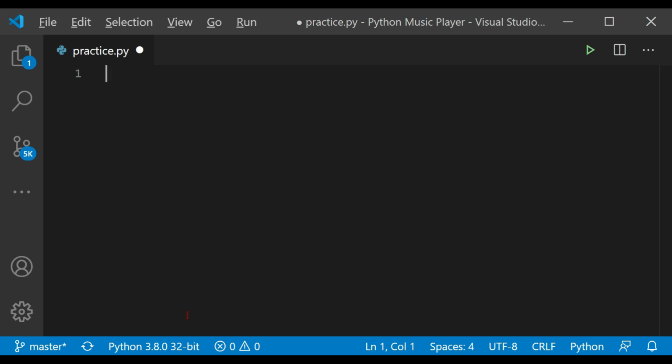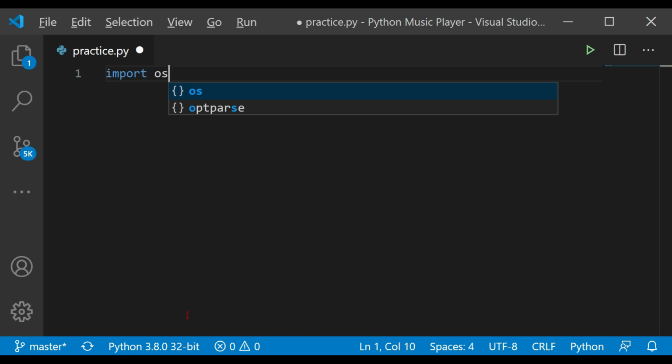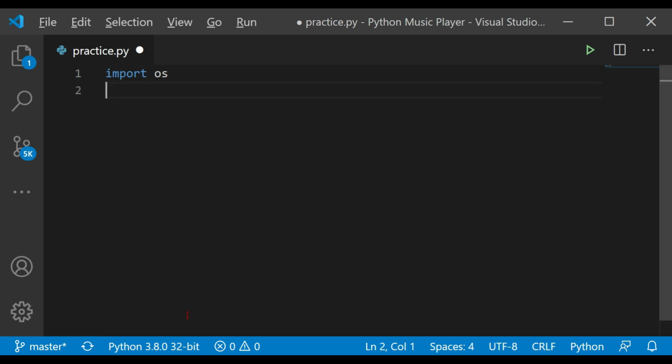Perfect. So we'll be using Tkinter for the GUI and mutagen for audio, and we'll also be using pygame for playing the songs. Okay, so let's import those packages. Let's import os, which we'll be using for changing and selecting the directories. We'll be using os, and we'll be using pygame. So from pygame,